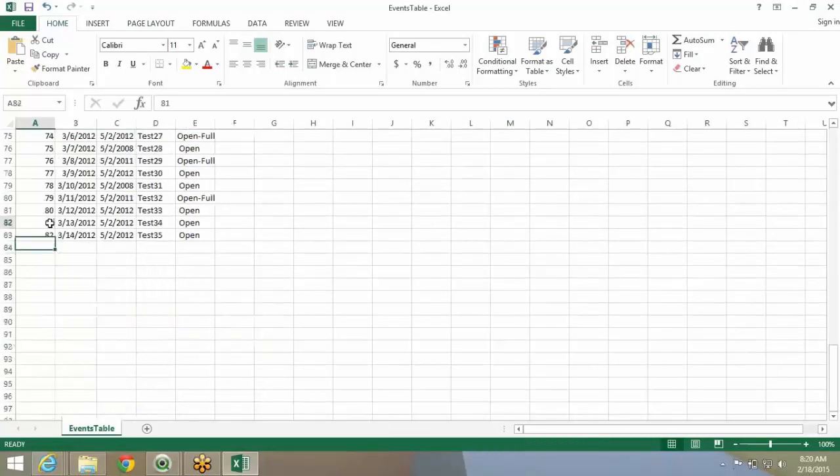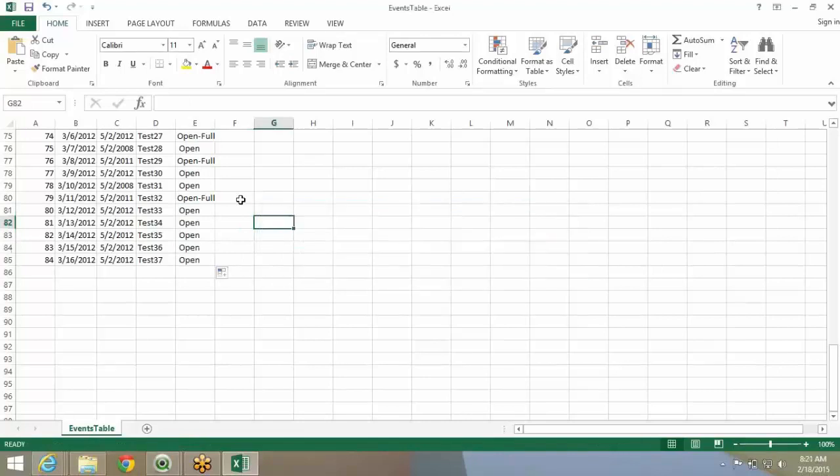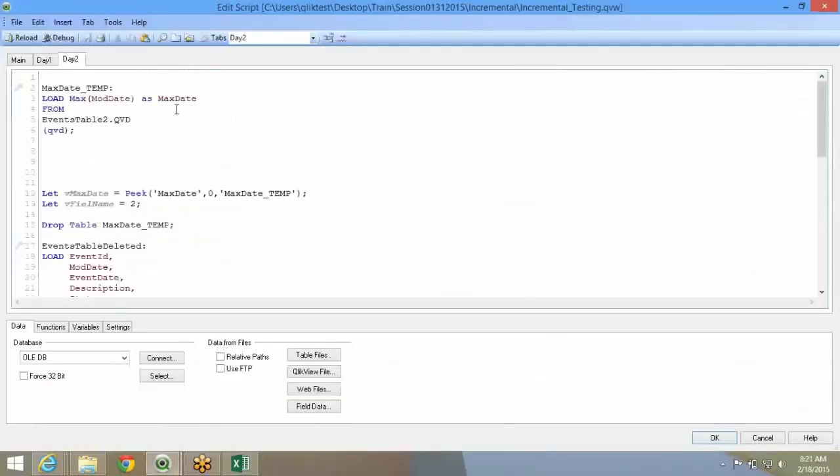Suppose I add 2 more records, like I was telling, so 5 records deleted, 2 records added. My max date is 3/14/2012, and my 2 records are 83 and 84. I have to make sure that I subtract 5 records and add 2 records.